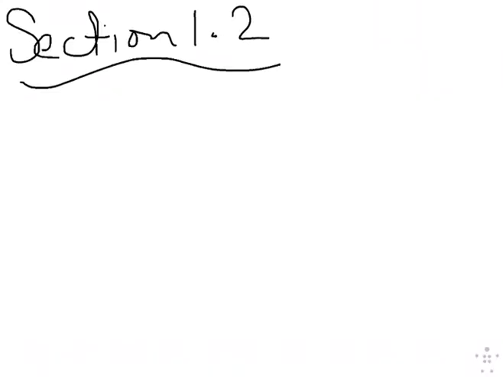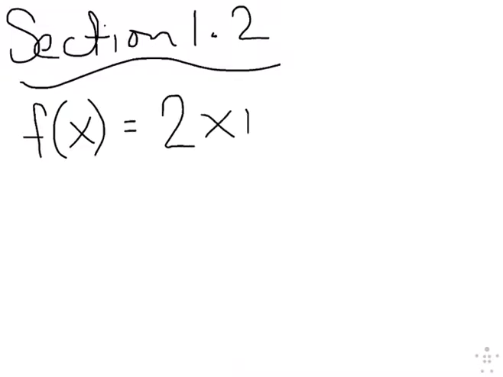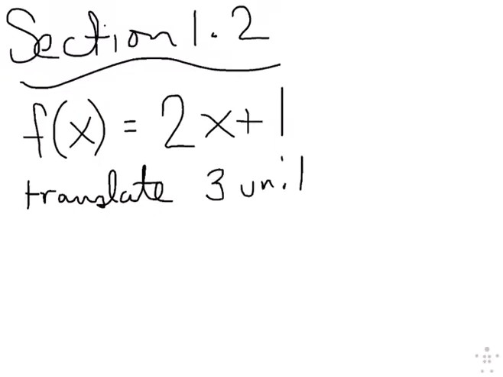So I'm going to give you equations for these, and now from here, we're just going to write the new one, dealing with another piece to add in. So the equation that they're going to give you, at least for the first one, let's say it's 2x plus 1. And what I want to do is translate it 3 units down. Okay, so I have this equation, 2x plus 1, and now I want to make a new one that's translated